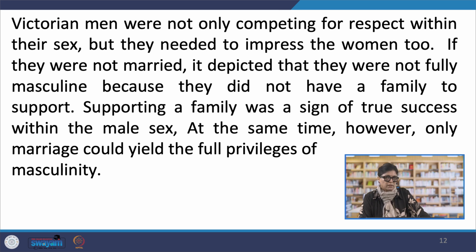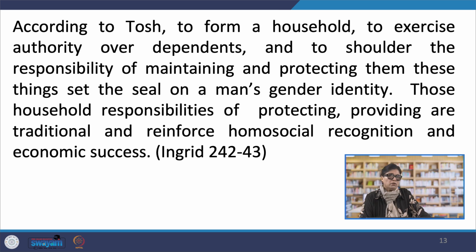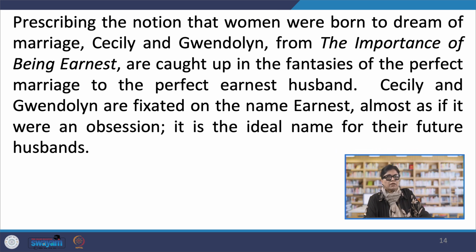within the male sex. At the same time, however, only marriage could yield the full privileges of masculinity. According to Tosh, to form a household, to exercise authority over dependents, and to shoulder the responsibility of maintaining and protecting them, these things set the seal on a man's gender identity. Those household responsibilities of protecting and providing were traditional and reinforced homosocial recognition and economic success,